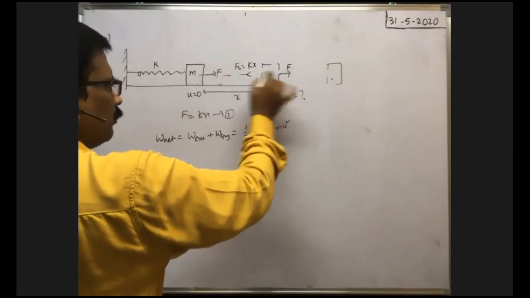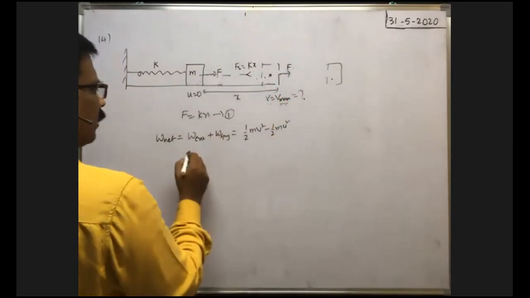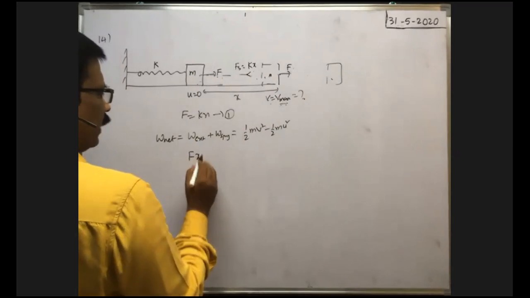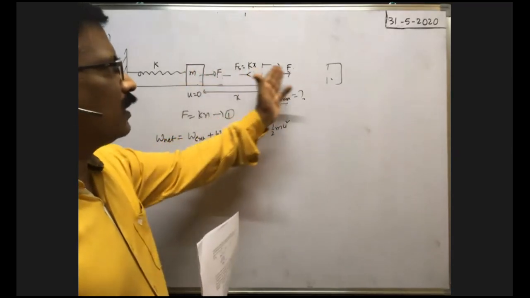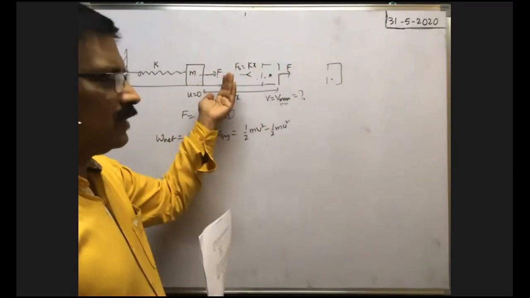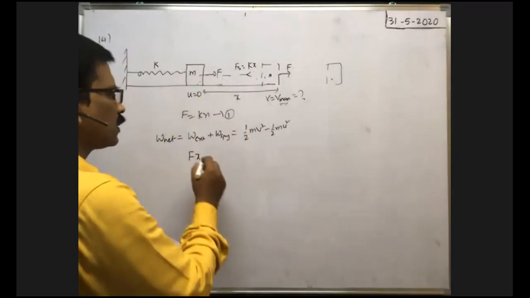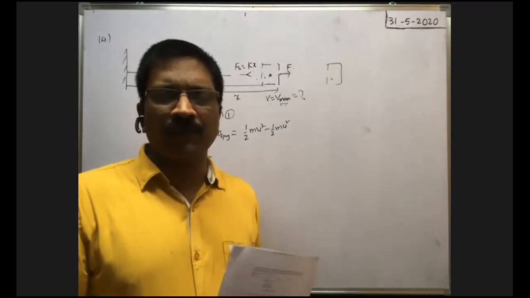Constant external force is applied on the block towards the right. With the constant force F, as the block displaces a distance x, the work done by the external force is equal to F into x, plus the work done by the spring. Whenever the block moves in this direction, the spring exerts a force on the block opposite to their motion. That's why negative work is done by the spring force. What is that negative work when the extension is x?